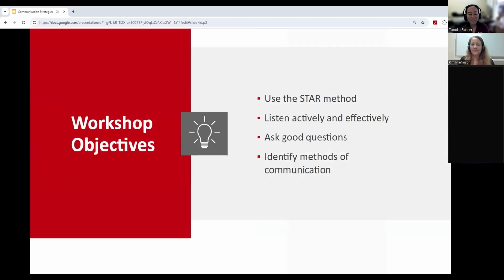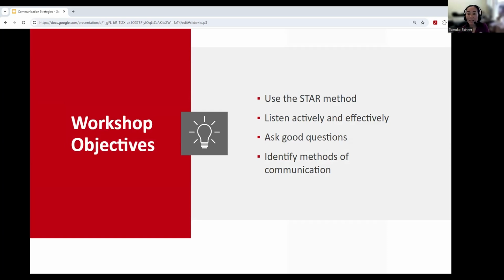Okay, so today's workshop objectives. Research has consistently demonstrated that when clear goals are associated with learning, it occurs more easily and rapidly. And with that in mind, let's review our goals for today.